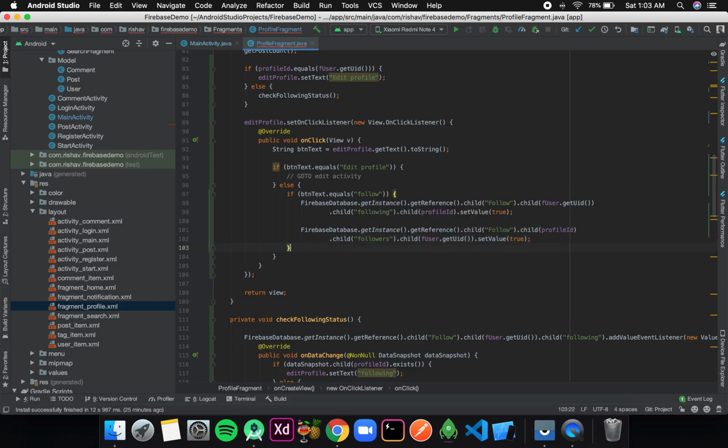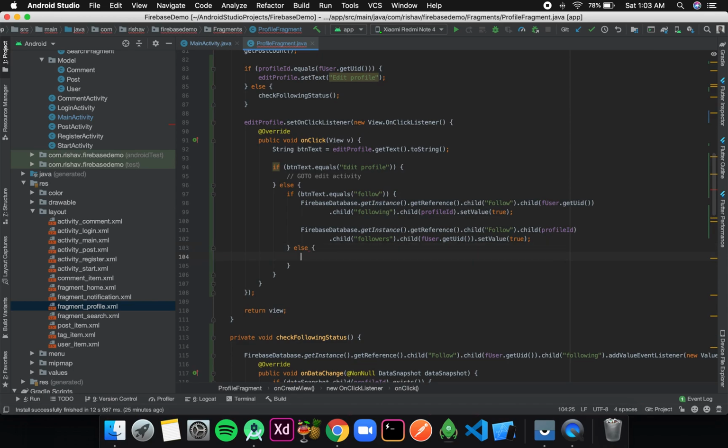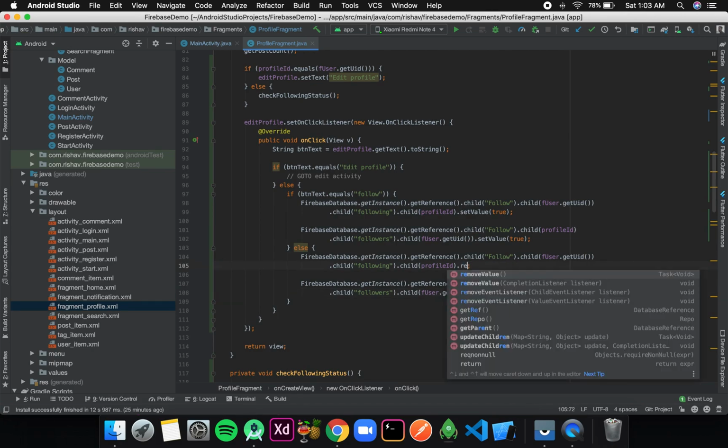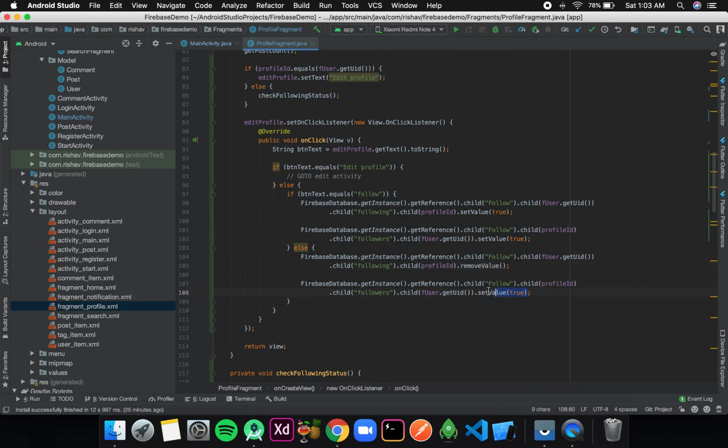Okay, and if that is not the case, that means the text is following, and if the user clicks on following, then we unfollow. So to unfollow, that code will be exactly the same, just a slight change. Copy it from here, paste it over here, and instead of setValue it will be removeValue. Okay, so now we would be able to follow and unfollow the user.